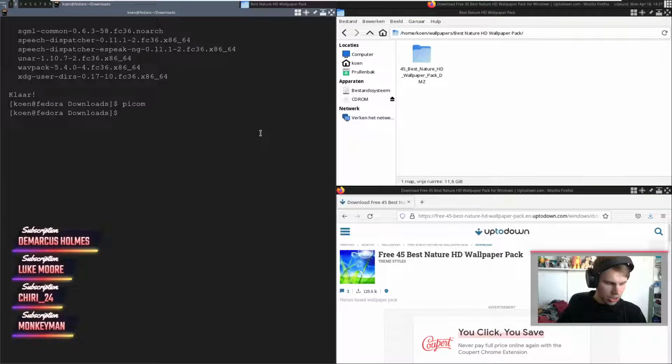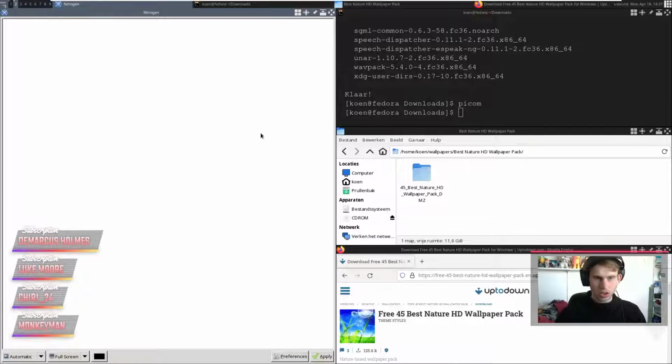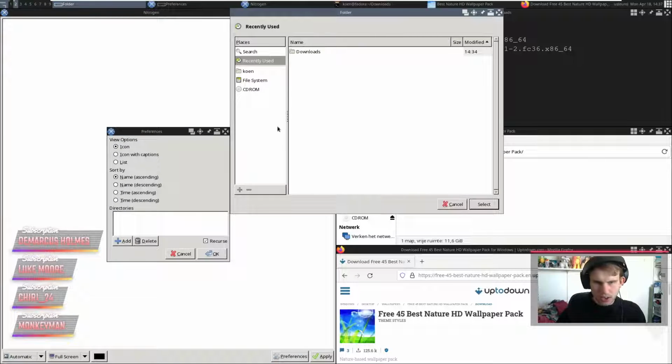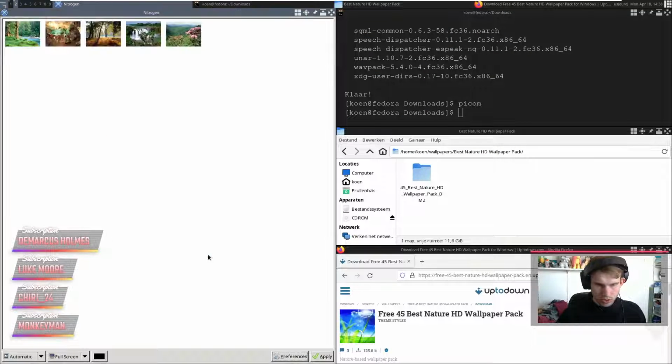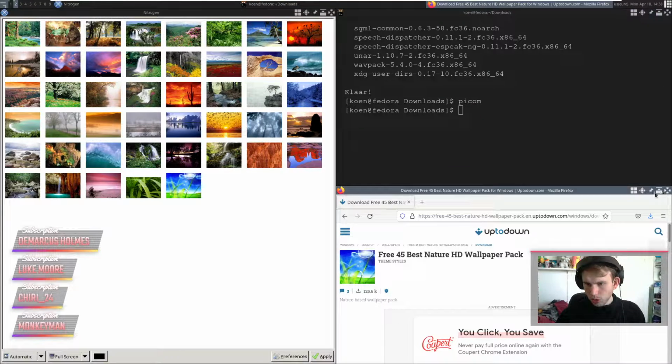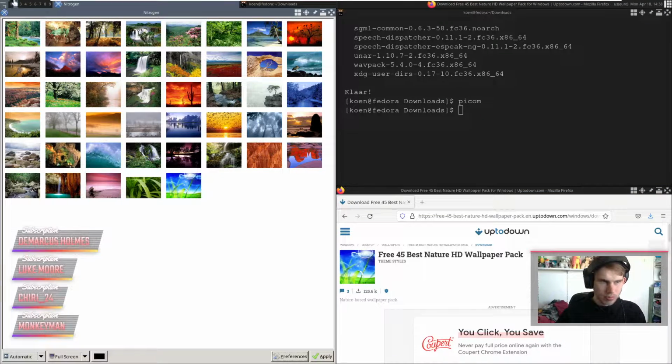And once I load up Nitrogen, what I can do now is go to preferences and add that folder to my directories. That should grab all of the wallpapers in that folder and put them in one convenient little place.